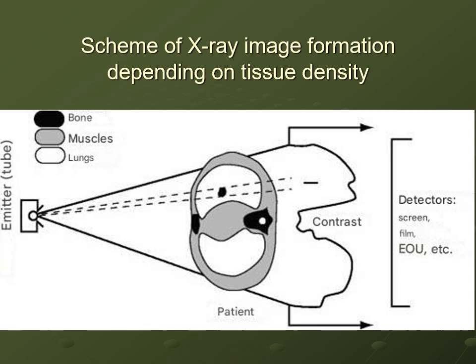At present, of course, we also use modern methods of registration. These are digital registration methods, digital sensors that also allow us to register X-rays. And as for the ability of body tissues to absorb X-rays in different ways, we have provided comparative